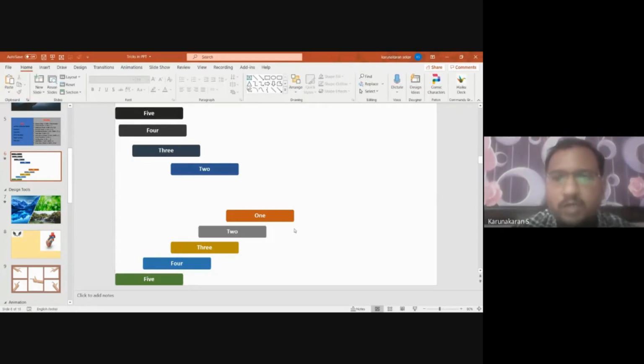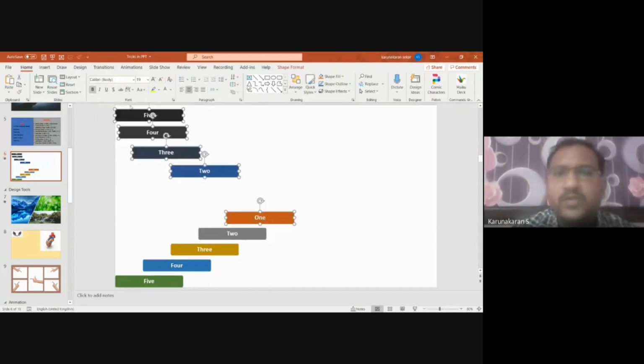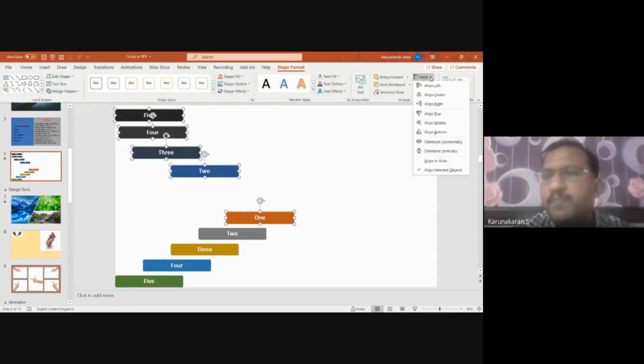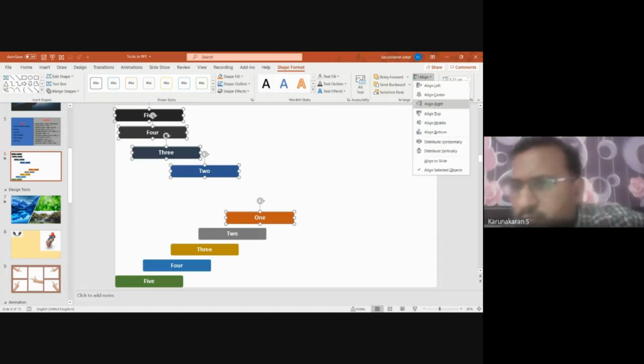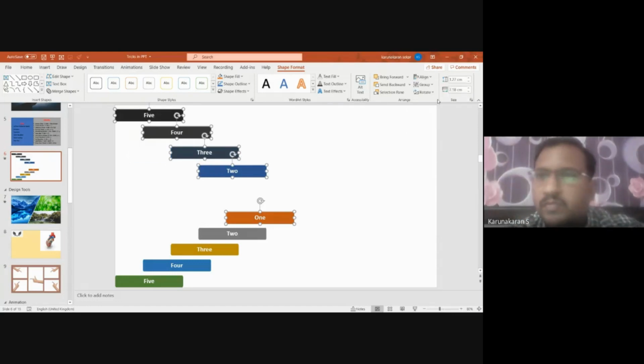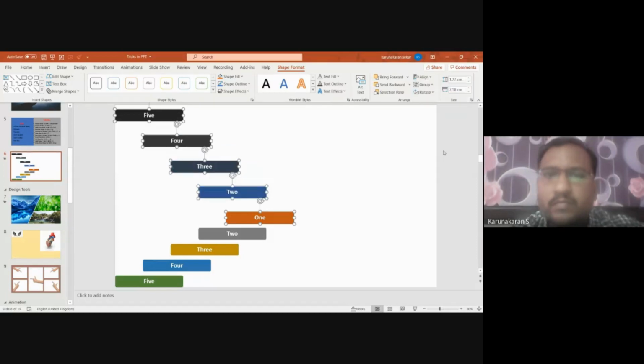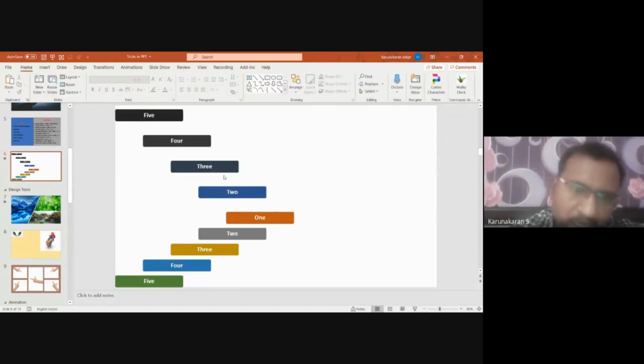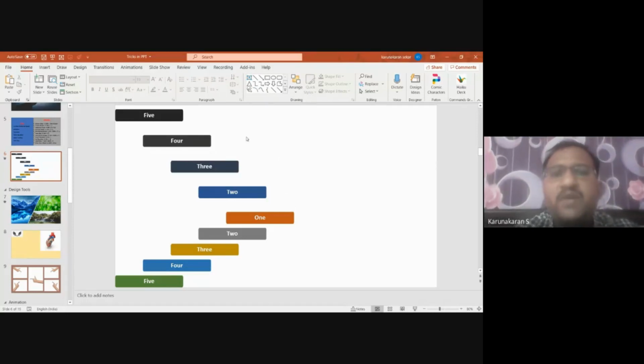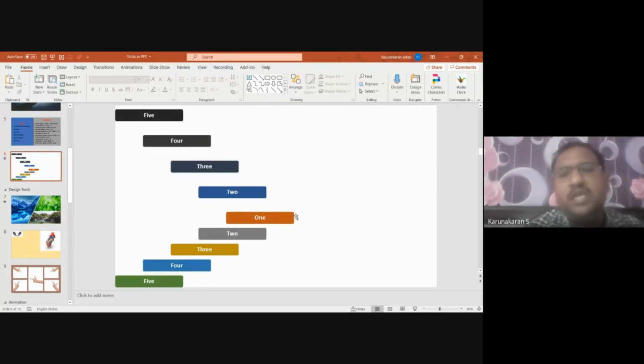Okay, with respect to this one. So select this, again go to shape format, align. Okay, so now you can see it is aligned in equal gaps in the equal order, and you will have a perfect design. So this is how you can rearrange these shapes using this align.